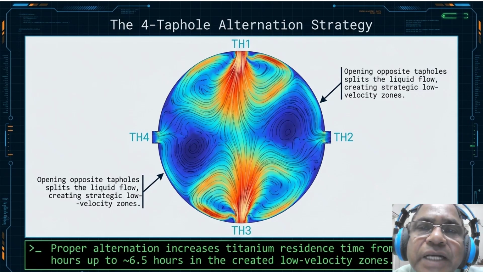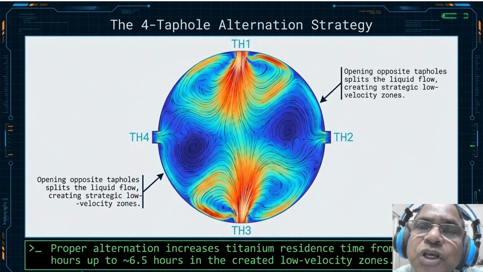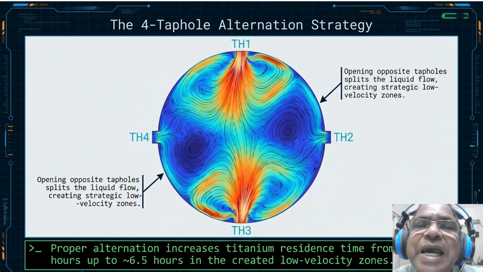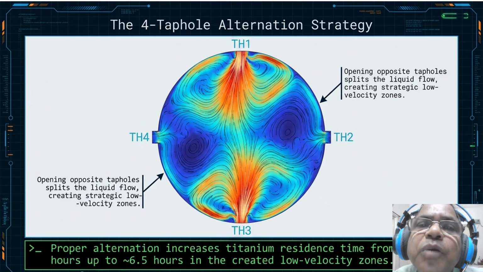This creates a strategic low velocity zone between the tapholes shown by the darker blue areas. So proper alternation can increase your titanium residence time from 3.5 hours up to 6.5 hours in this zone. So this is where the skull grows the thickest. If you stay on the taphole too long, you create a permanent high velocity channel that erodes everything in the path. So at 10,000 TPD, your tapping schedule is your most powerful tool for calming the river, calming the flow